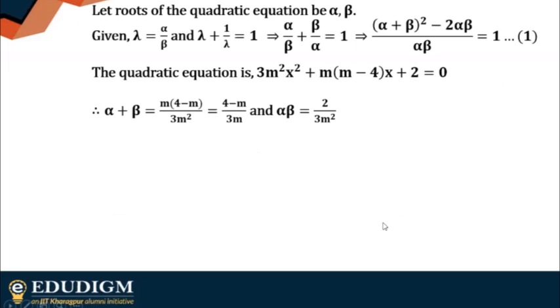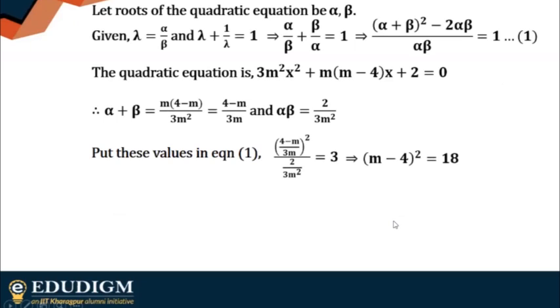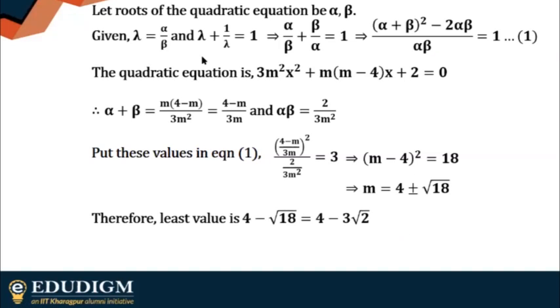So this is what you have as alpha plus beta and alpha beta. So from there, you have this one. Okay. So you have two values. Obviously, the least value will be 4 minus root 18. So probably you got a little confused for evaluating root 18. Okay, that's it. So the correct option is option 2, as rightly pointed out by you people.